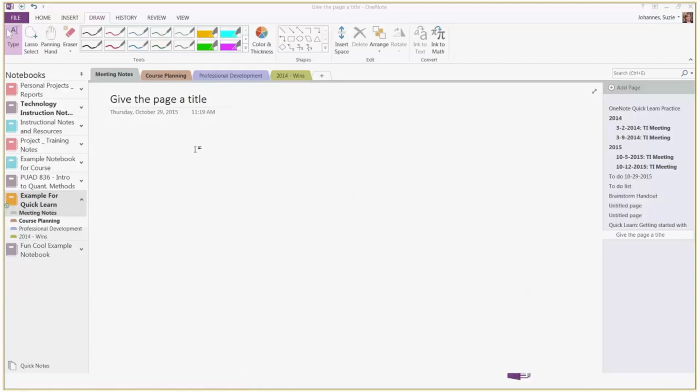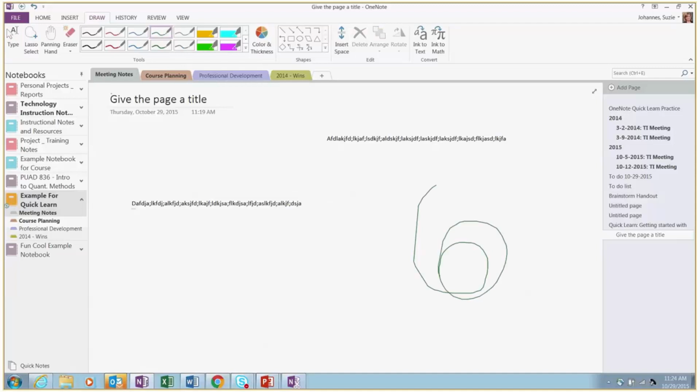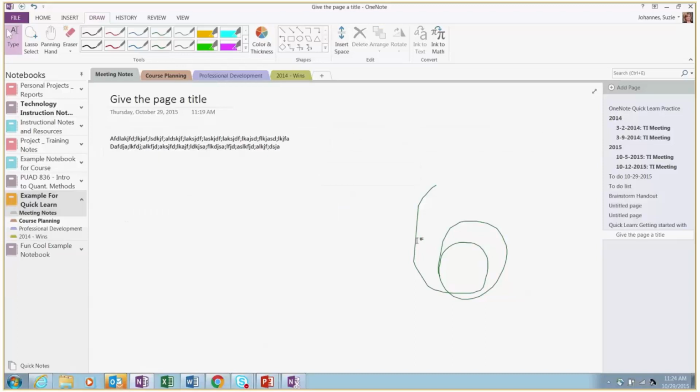Also, something that's kind of unique to OneNote is that your notes will appear in what are called containers. So here, if I have some notes, I click over there. Here, I have some notes. I click over there. I can add a little drawing over here, that type of thing. And what's going to happen is it's going to place these things in different containers. Now, I can combine containers by holding down the Shift key and then dragging them on top of each other. This thing I don't think I can combine, but those are the containers.